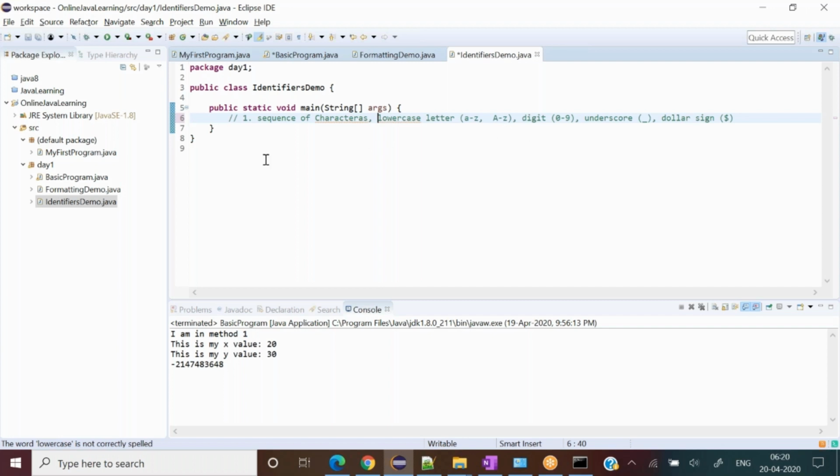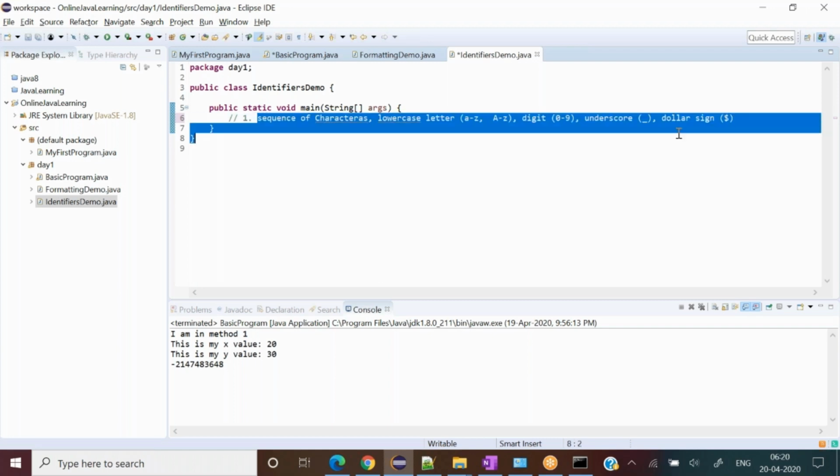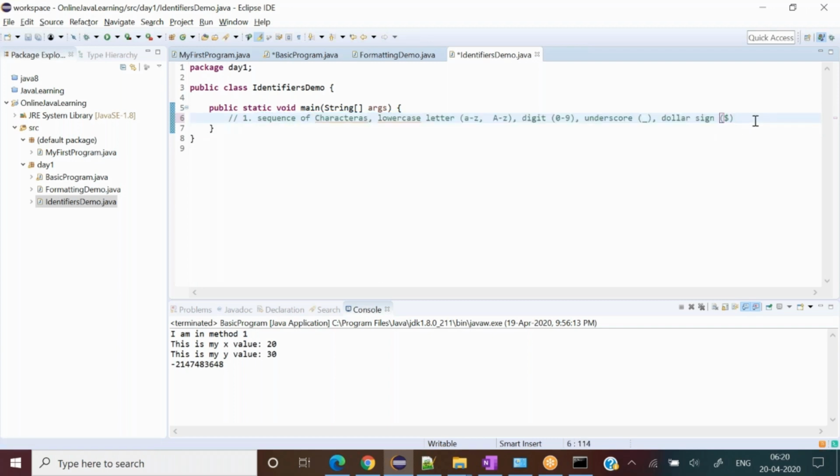But in a broader way, any identifier or any name whatsoever, be it a class name, method name, or variable, should be of these only, nothing else. Here also there are a few tweaks here and there which we are going to discuss in a moment. It could be upper or lower case letters, any digit, an underscore, or a dollar sign.